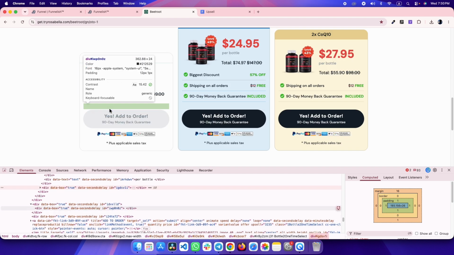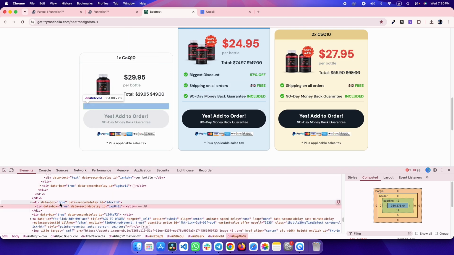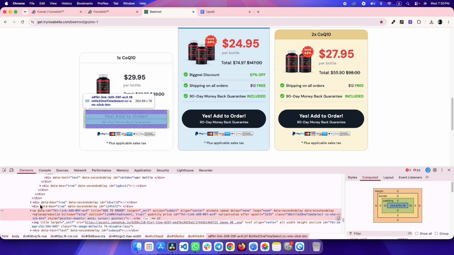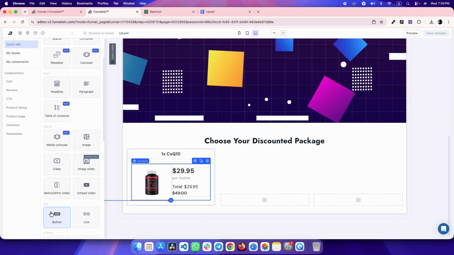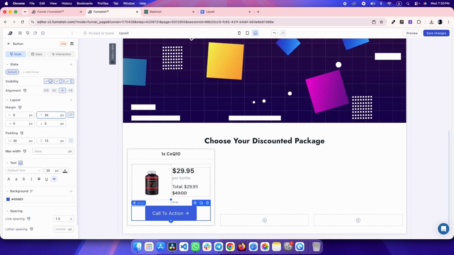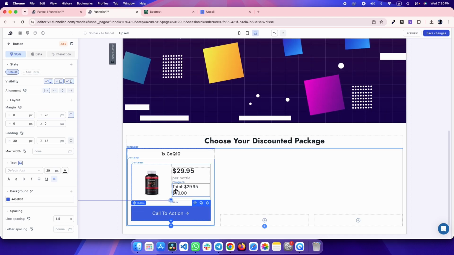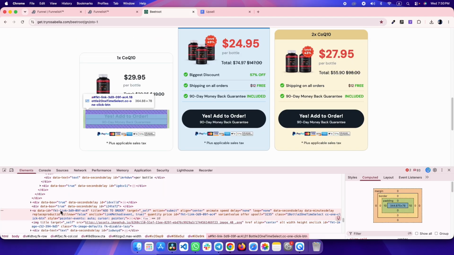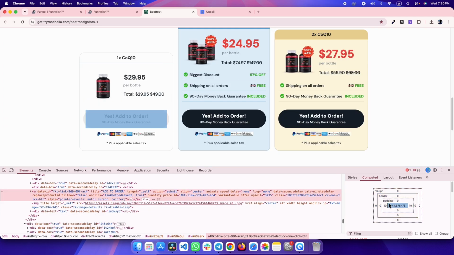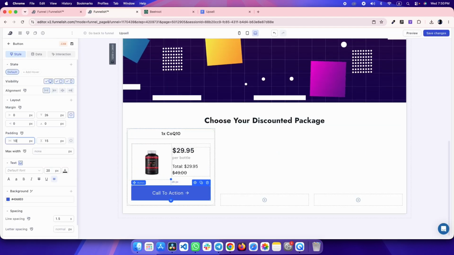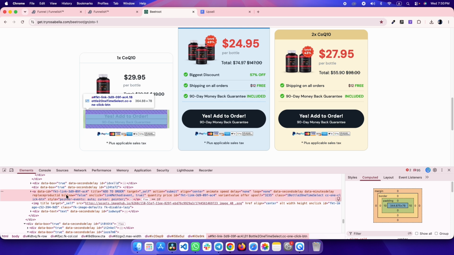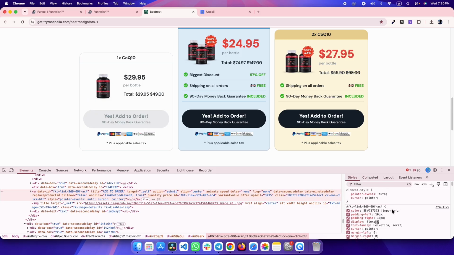So now we have to add this button, and we can see here 26 pixel space. So let's add a button and add 26 pixel margin top and make it stretch so it is full width, and we can see padding left right will be 10 pixel, and we cannot see any padding top and bottom, but we have to add padding top bottom. And let's see the background color first, and the border radius is 60 pixel,